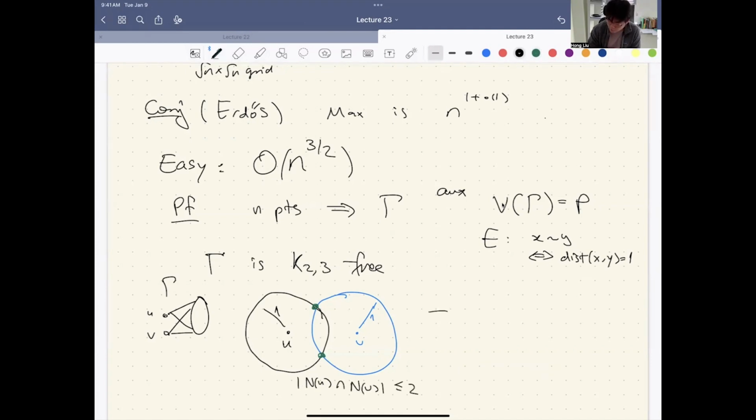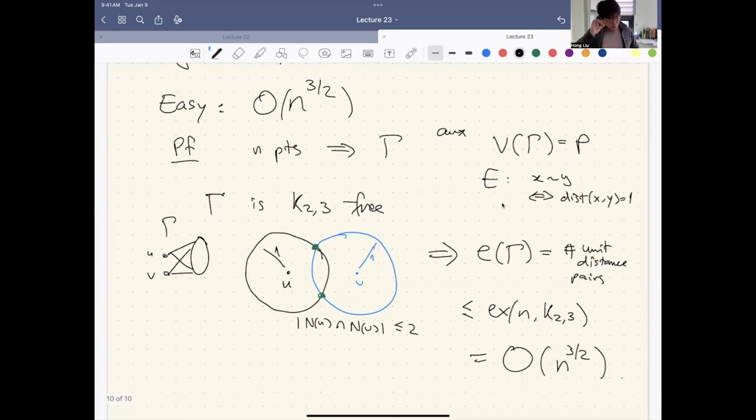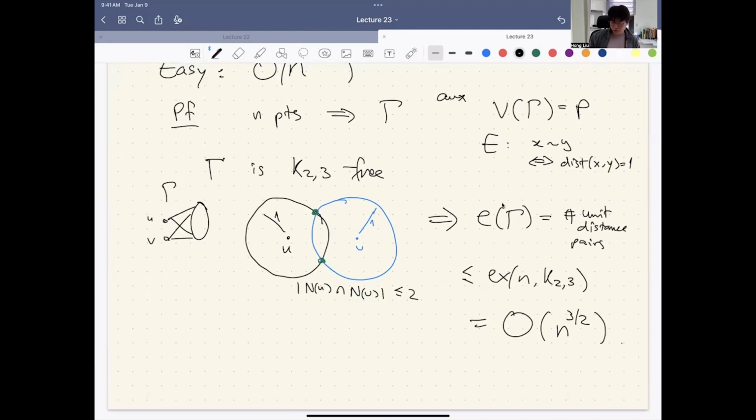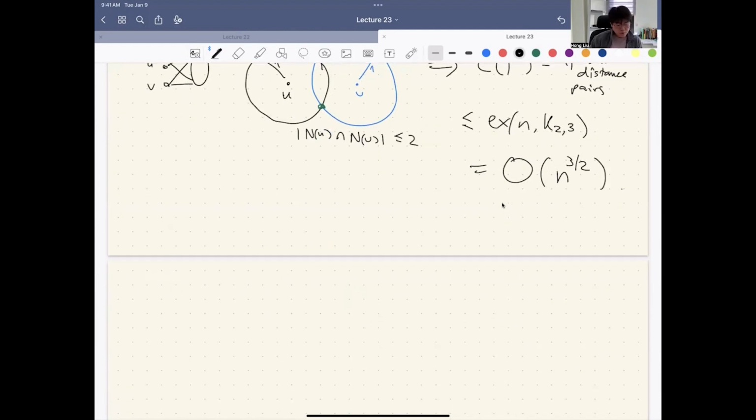So K_{2,3}-free. This implies the number of edges of Gamma, which is precisely the number of unit distance pairs, right? That's by definition, is at most the extremal number of n and K_{2,3}, which we know by Kővári–Sós–Turán is big O of n to the 3/2. Easy. The bound that we're going to prove is n to the 4/3, improving this trivial bound. This was first proved by